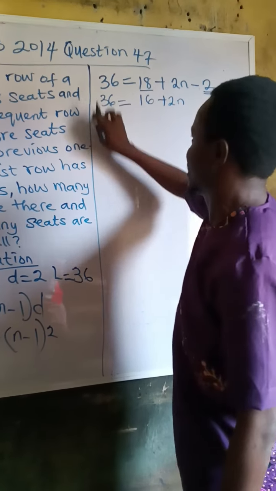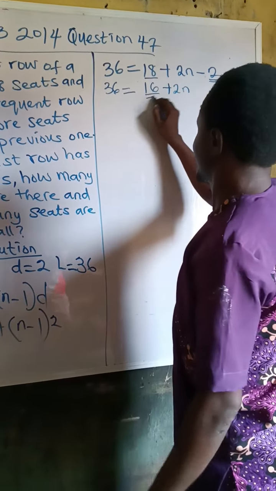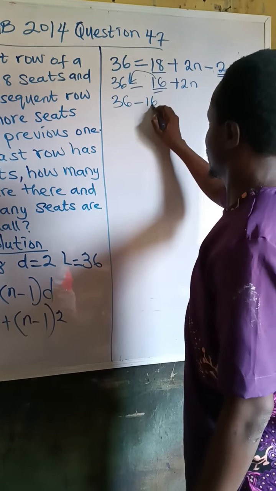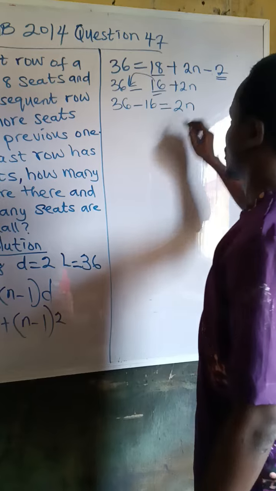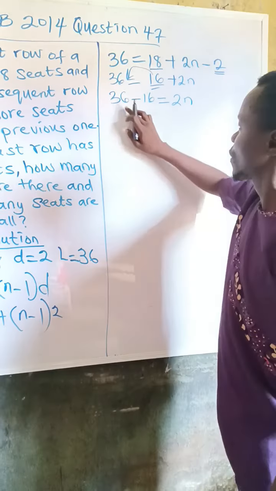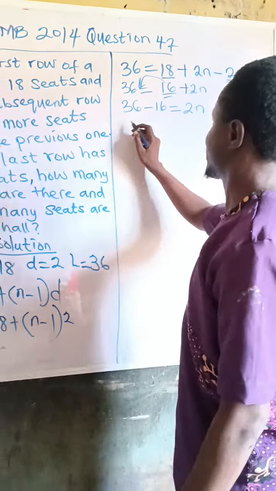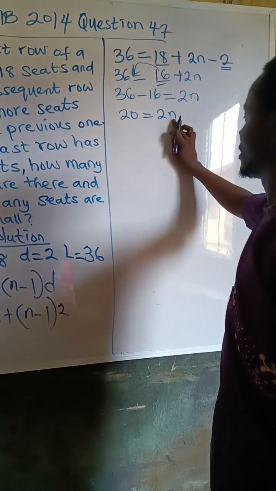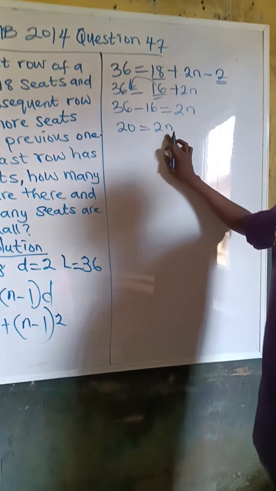So we collect like terms by bringing 16 to the other side. So we now have 36 minus 16 equals 2N. When you subtract 16 from 36, you get 20 equals 2N. To get our N, remember, divide both sides by the